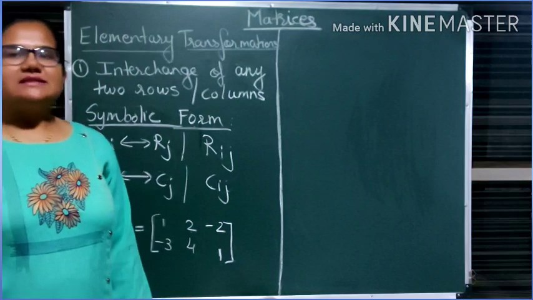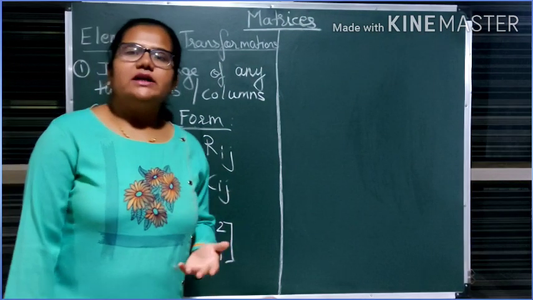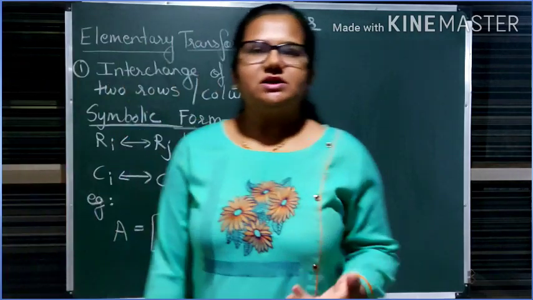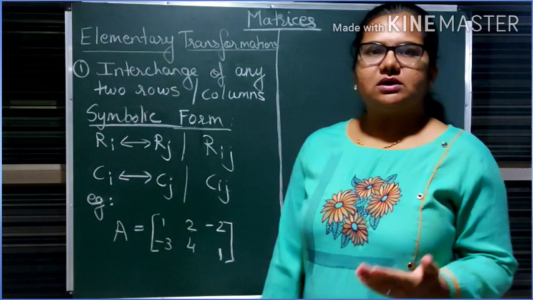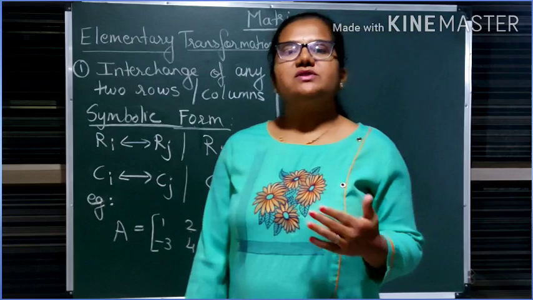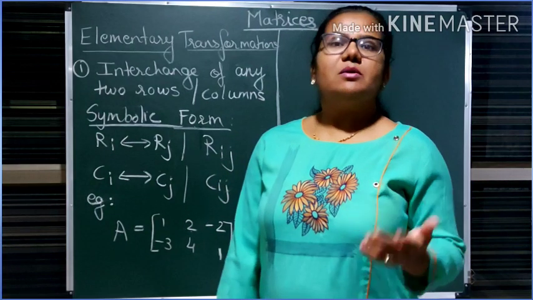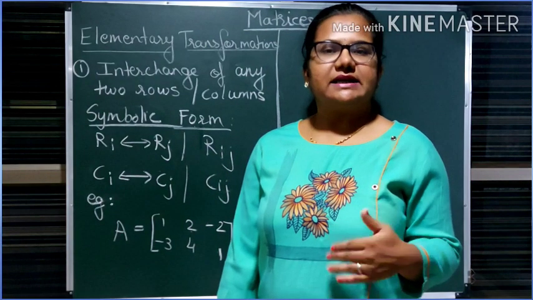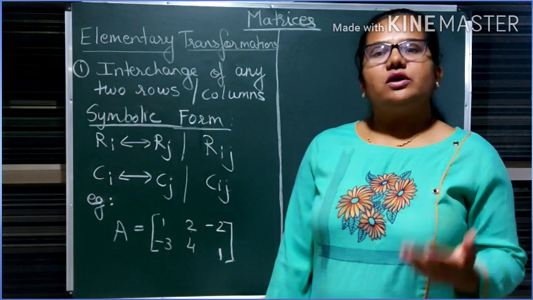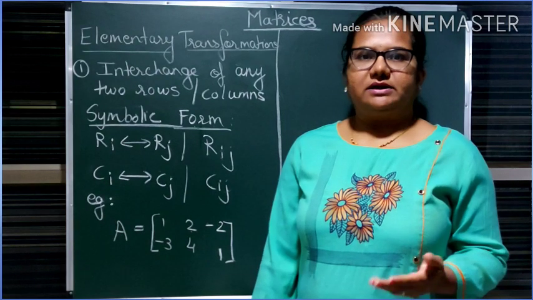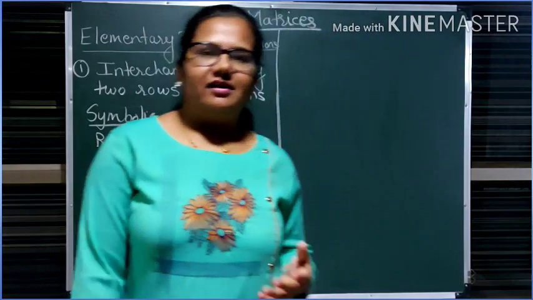To study Mathematics and Statistics, Paper 1, Chapter 2, Matrices. Now, already in 11th standard, you have studied the chapter Matrices. In that chapter, what have you studied? You have studied the types of matrices. Then you have studied the basic operations on matrices, that is addition, subtraction, multiplication of two matrices, then scalar multiplication of the elements of the matrix. Then you have also studied what is a transpose of a matrix. All these basic things about a matrix you have already studied in 11th standard.